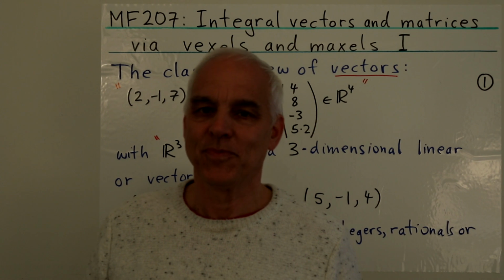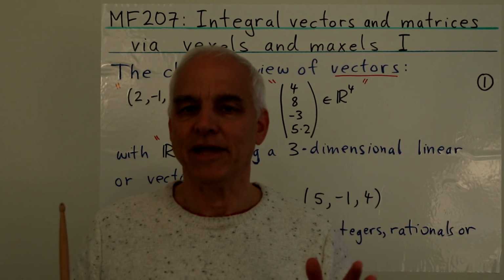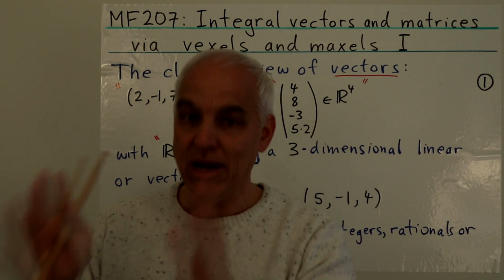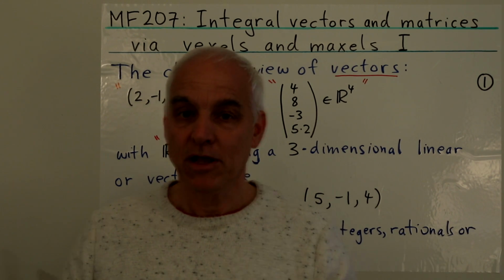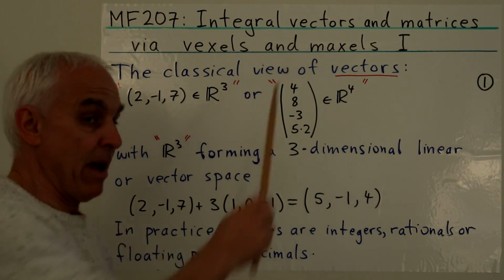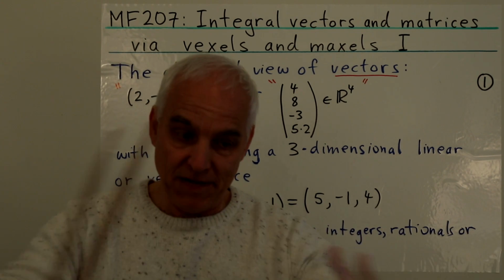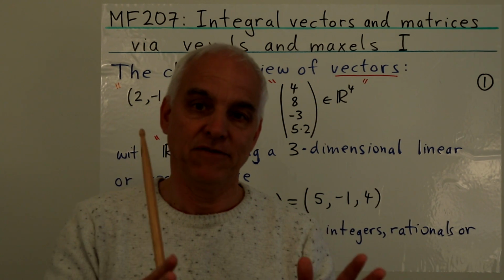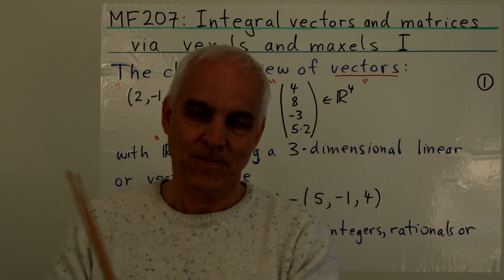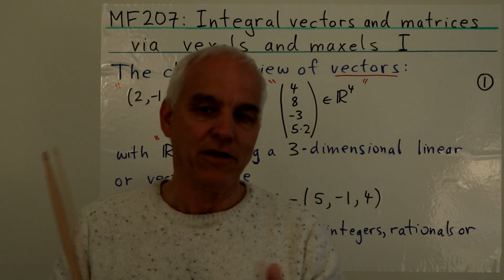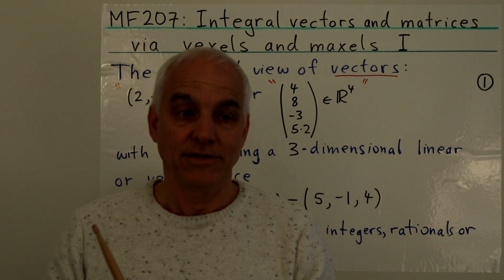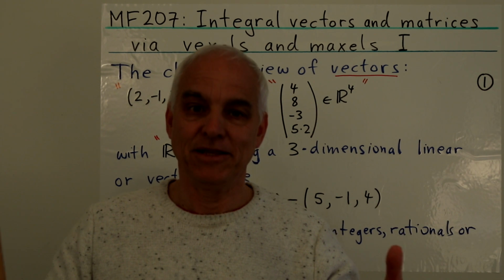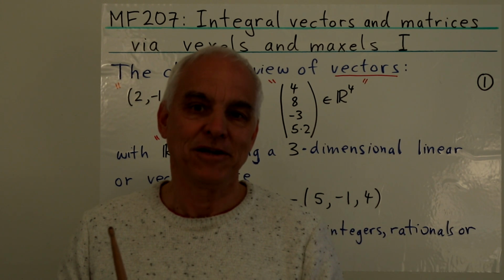Today, I'm Norman Wildberger. We want to start moving towards a bigger picture of linear algebra. We want to look at vectors and matrices in a bigger, novel way, combining our previous understanding of vexels and maxels, which already significantly enlarged the subject. We want to augment that now with our understanding of negative numbers and integers. So we'll get a lot of new exciting directions. And it's really quite fascinating that we can restructure so much of mathematics in this relatively simple way, as we're going to do in the next couple of videos.